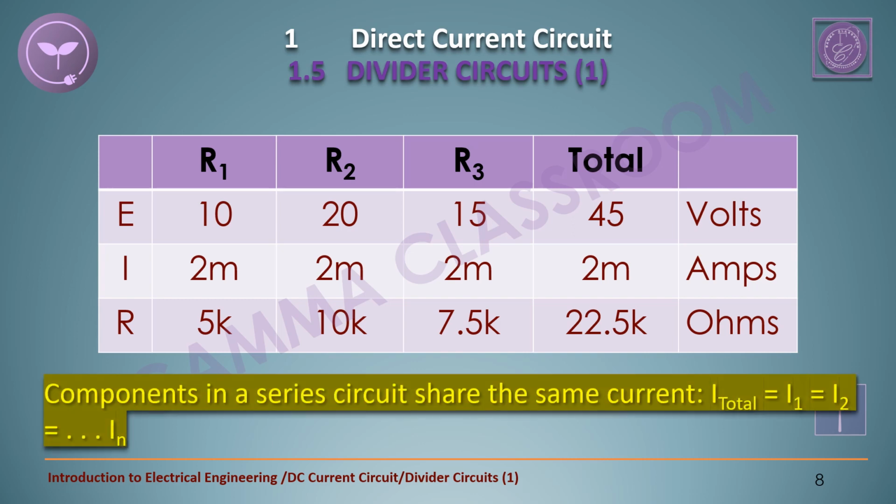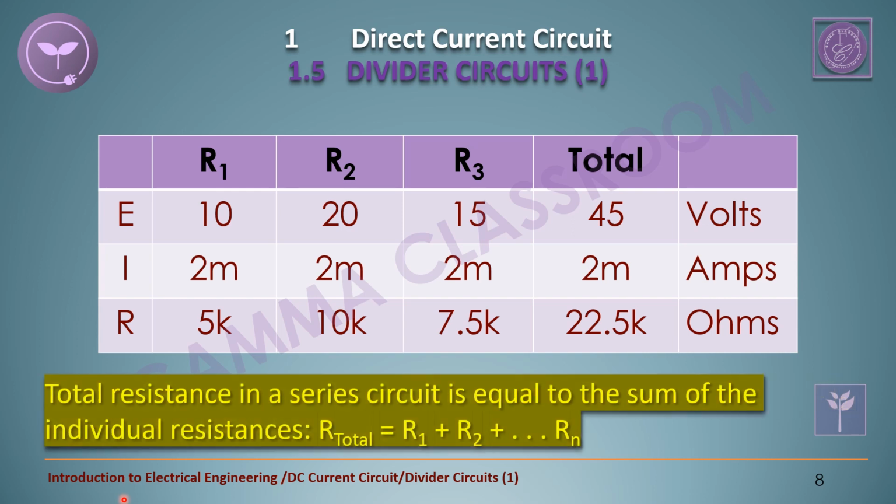is that components in a series circuit share the same current. It means I total equals I1 equals I2 equals In if there are n resistors in this circuit. In this circuit, we have 3 resistors, so the current is the same. The second,